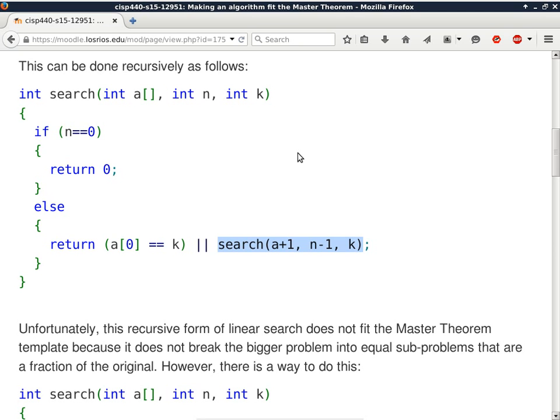In other words, I look at the second element and up of the entire array and treat it as the beginning of an array, and I pass it to another invocation of search to get this job done. Is that okay so far? Are you convinced that this code will work? It is recursive.